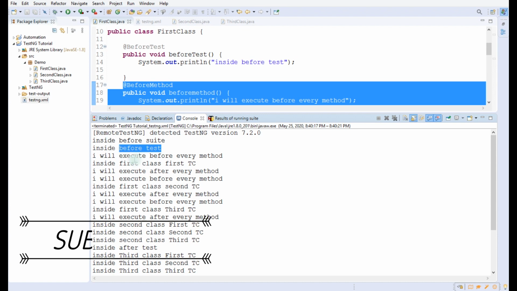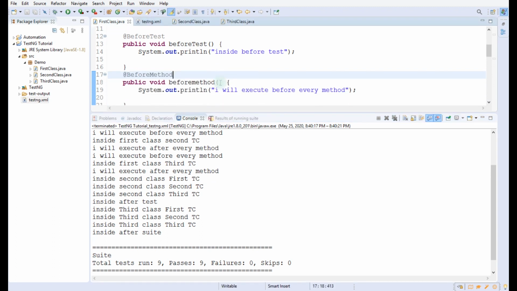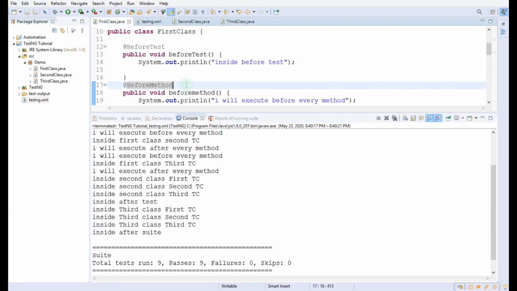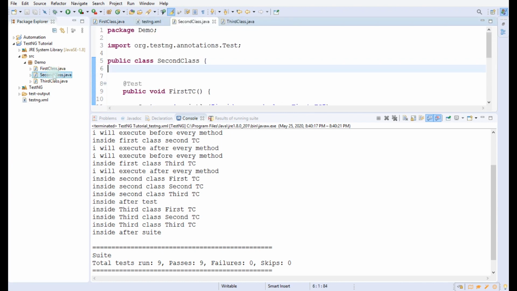So before the execution of every method it has printed the before method, after method, before method, and after method, before and after every test case of the first class only, because we have written before method and after method in the first class only. Therefore it is implemented on the test cases of the first class only. If we want to implement the before method and after method in the other classes as well, then we have to write before method and after method inside these classes as well.